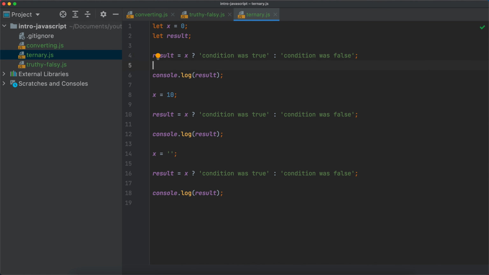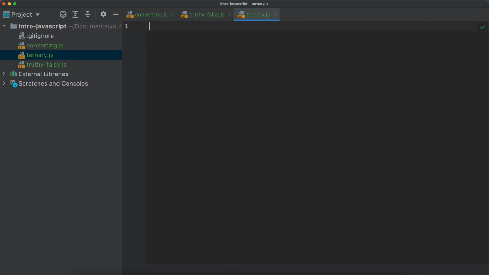Now, I said the word expression twice, and that's where the difference is. The ternary operator and the if statement are slightly different, but they are very different in nature, which means that the ternary operator executes expressions